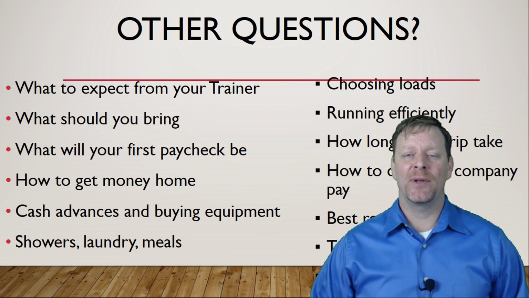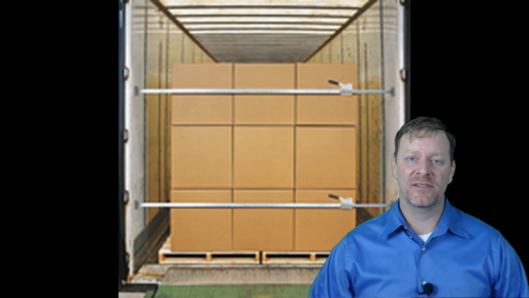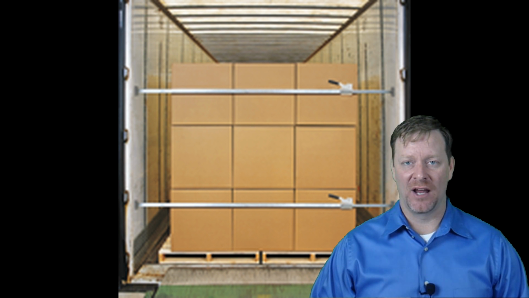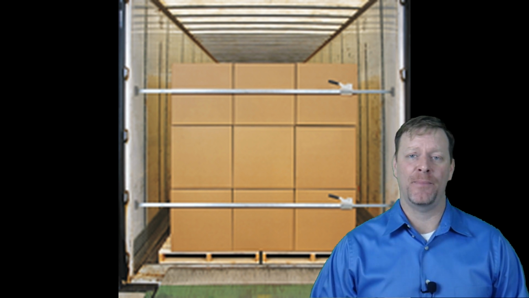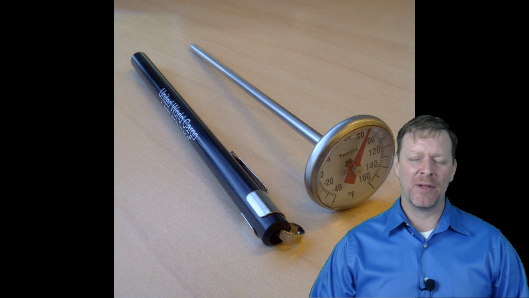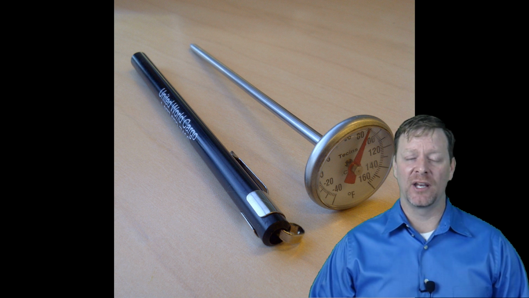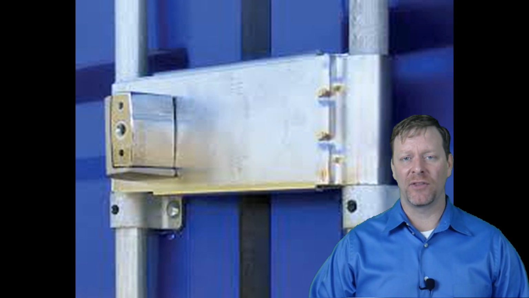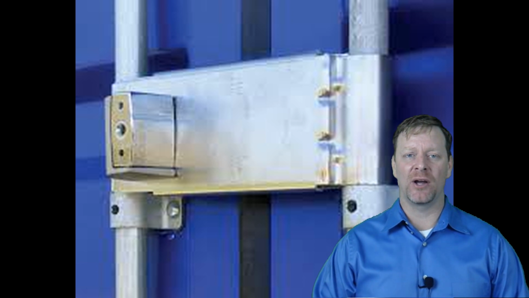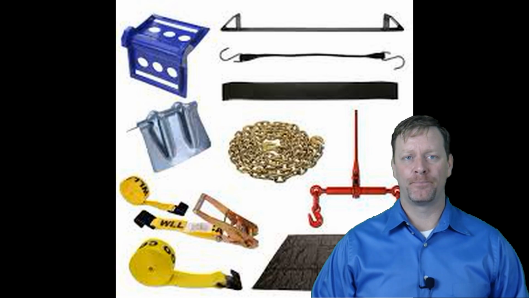And what equipment are you going to be charged for? This one blew me away. I wasn't expecting to have to pay for load locks, thermometers, and a giant meat lock that cost $150. I wasn't expecting that, and I didn't have the money to pay for it. Just a caveat, they're going to charge you for it and then take it out of your check, probably about $25 a week. And once it's paid for, that equipment is yours. And if you quit before, you'll turn it in and they'll give you a credit. Don't let that be what scares you. They're always going to be on your side, and they're going to help you out a little bit when it comes to the money. Don't panic about that.